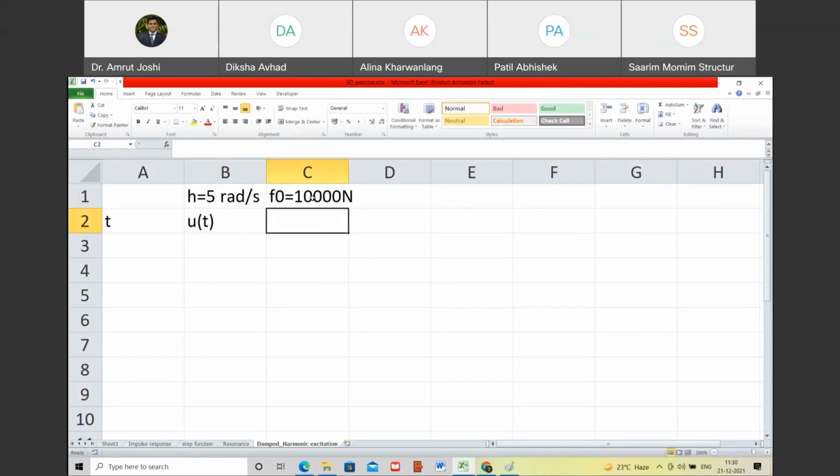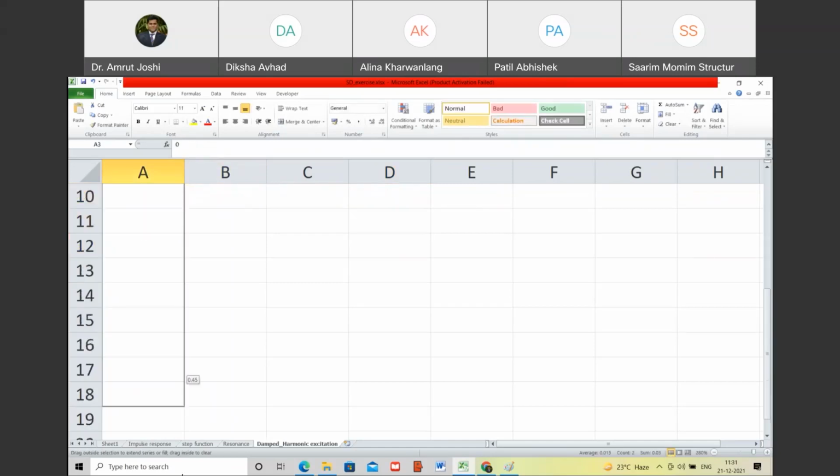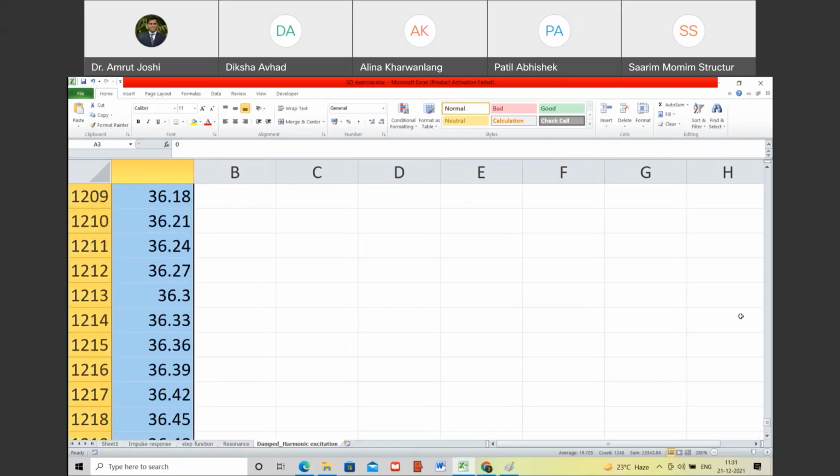Then और किसकी वैल्यू चाहिए हमें? ईटा की वैल्यू क्या है? ईटा is equal to 0.05. ये सारी चीजें उसके हिसाब से हम U कैलकुलेट करें. So let us do that now. I will calculate it for an interval of 0.03. Let us calculate it for a long duration of time, so let us calculate it up to 20 seconds or slightly more than that. Okay, 37 seconds. Fine.